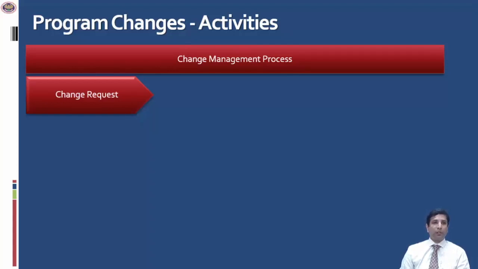Another important type of change is an emergency change. Now, emergency change is when there is a problem in the system and it has to be corrected, but there is no time for applying the change management process. So in this case, the normal change management process is bypassed and the change is applied without following the process. However, it doesn't mean that the process should not be followed. It is only the timing of which the process is followed.